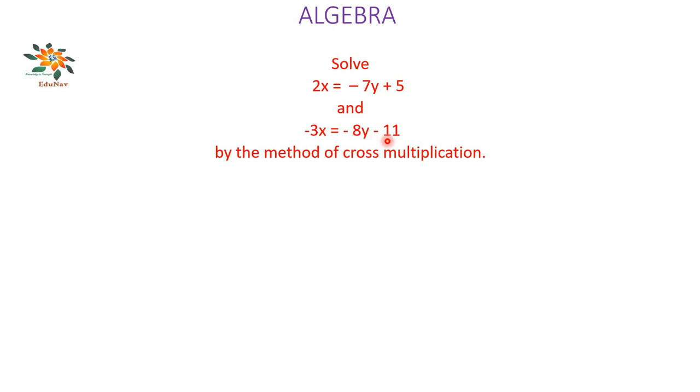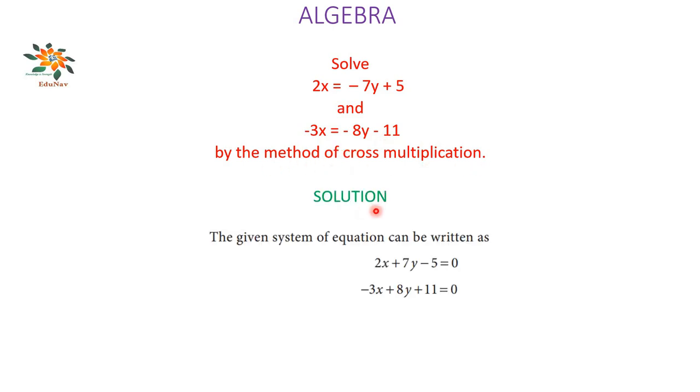Dear students, in this session we are going to solve the given pair of linear equations by the rule of cross multiplication. Solve 2x = -7y + 5 and -3x = -8y - 11 by the method of cross multiplication. Solution: the given system of equations can be written in its standard form as 2x + 7y